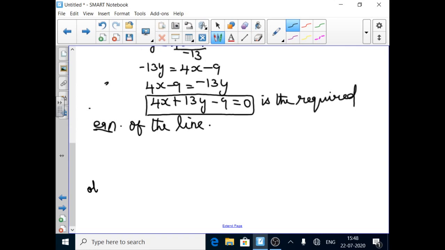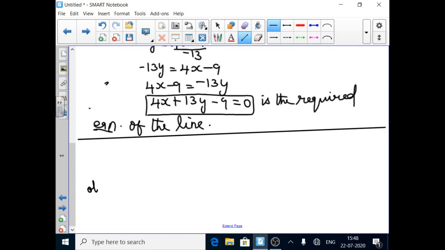So this is a 5 mark question. Go through the example sums also. It is easy to get the marks. There is nothing to memorize. If you understand the concept, you can easily find out the answer. Only solve the equation, use the formula, and substitute. That's all. Okay, thank you students.